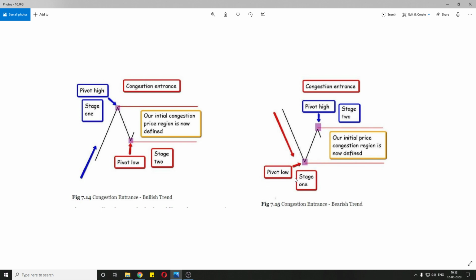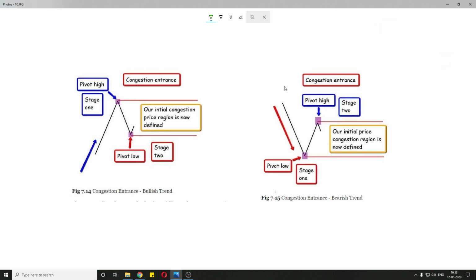This is the point that we talked about in the first video itself, that the pivot high and the pivot low mark the support and resistance, and the area between the support and resistance is termed as congestion phase in this example. I think this is the first point that we talked about, that the first point where the market reverses becomes our resistance and at the lower level becomes our support. Same goes with the downtrend, and this level becomes the resistance. This point becomes the support and this line becomes the resistance.